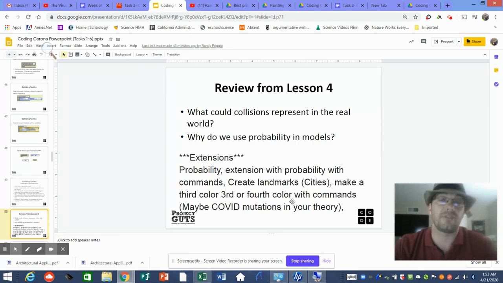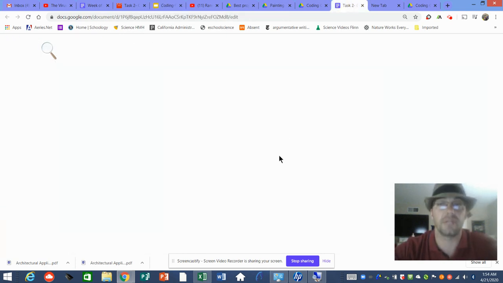I think you've seen in my final model, I use 3 different colors, not just for healthy and infected, but also those that are severely sick or possibly could die because of fatal conditions from respiratory challenges with COVID-19. And then I also have a recovery and a fourth color for those that recover from coronavirus. So you can add colors and have some fun with it as you go through this colliding model. Here are your extensions,